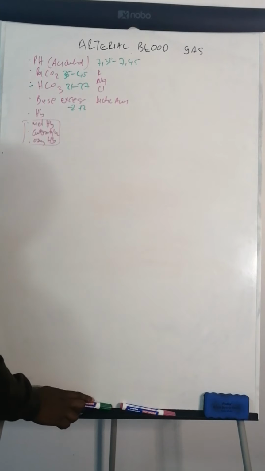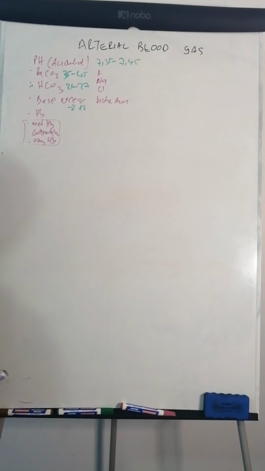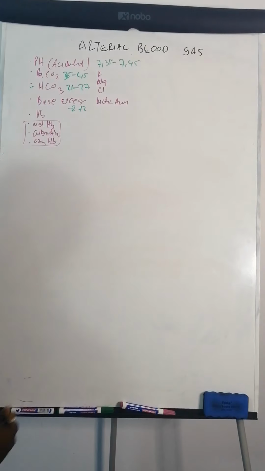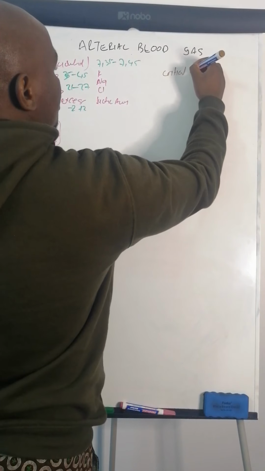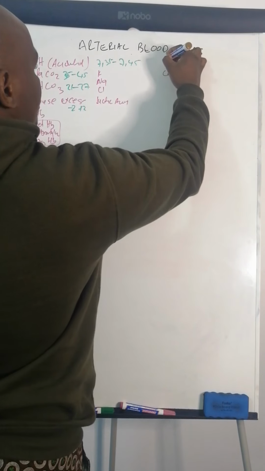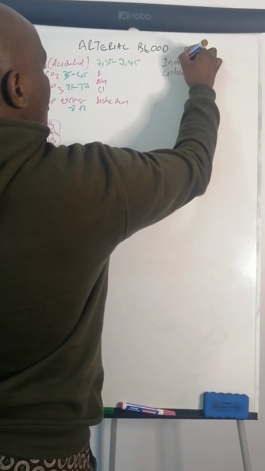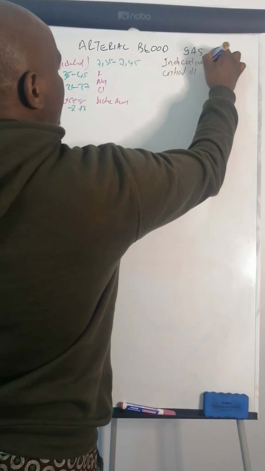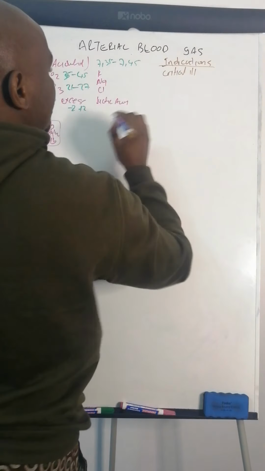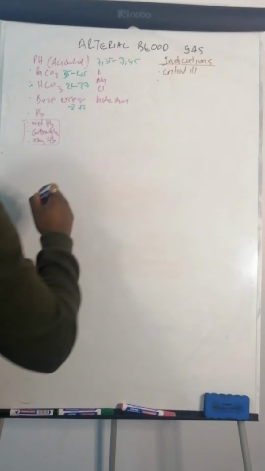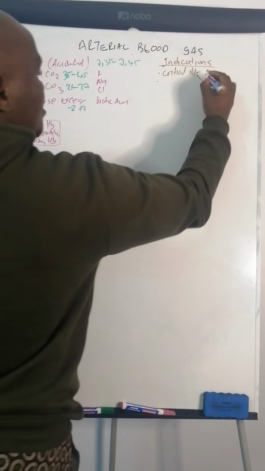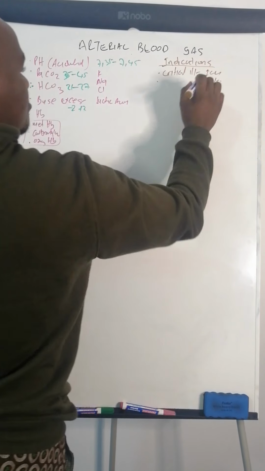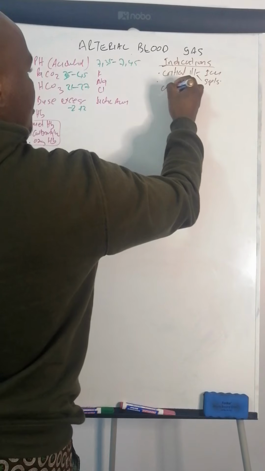So which patients should have their ABG done? All critically ill patients need to have an ABG done. All, meaning patients in ICU and those that are very sick with sepsis, chest trauma patients,